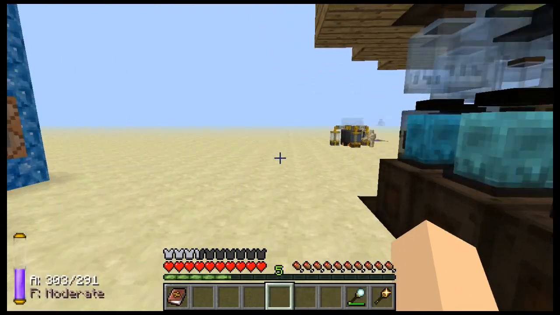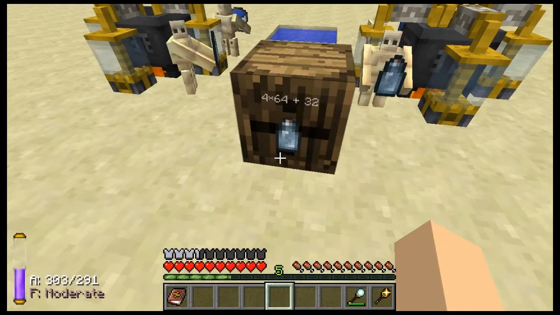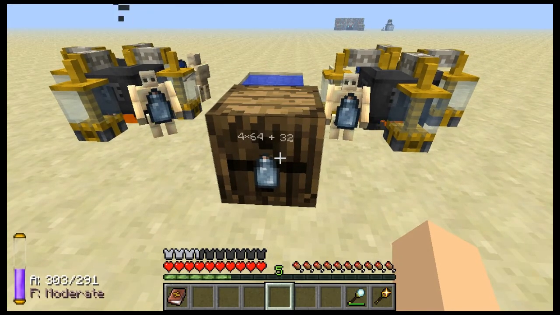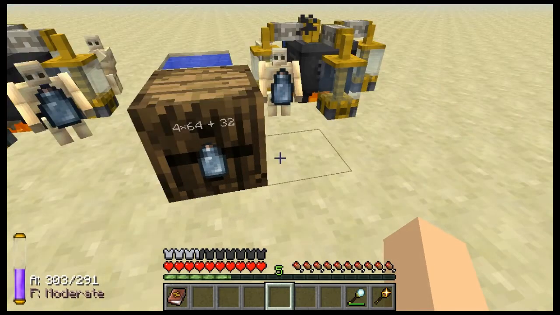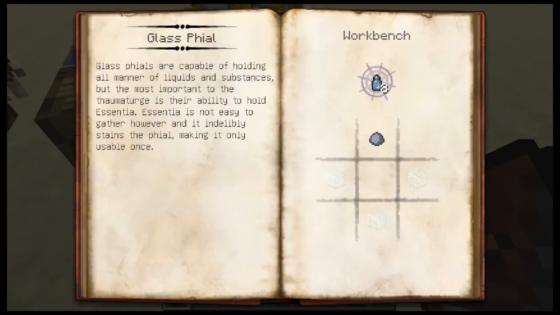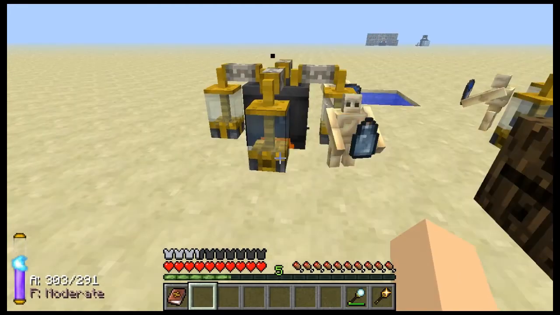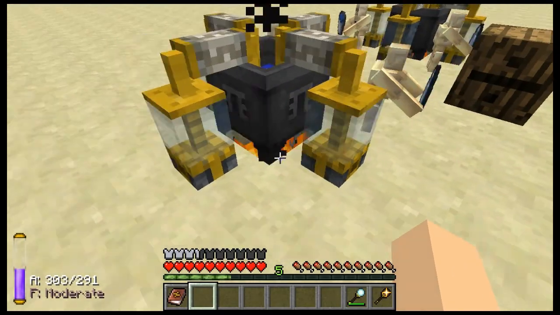Well, you need to get your hands on some of these. These are phials. This is another recipe that you know from the outset, and it's just glass and clay. So I can show you that off. There you go. Glass and clay. You don't even need a wand for that, but you don't really have much reason to make it. But they're not much use until you get higher up, and you get to...